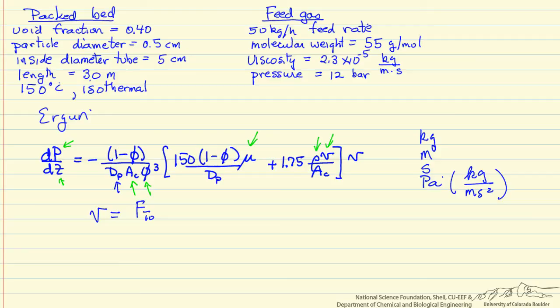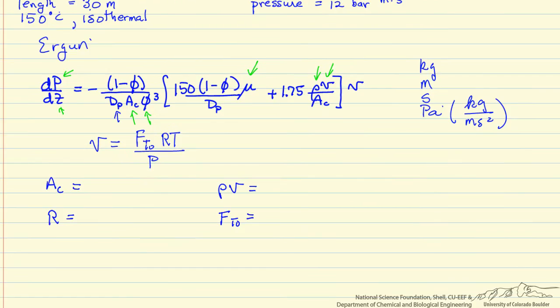So that's the total molar flow rate times gas constant, absolute temperature, divided by pressure. And of course the volumetric flow rate in this case is increasing as we move down the bed because the pressure is decreasing. So first we're going to look at some of the numbers that we'll need to put into